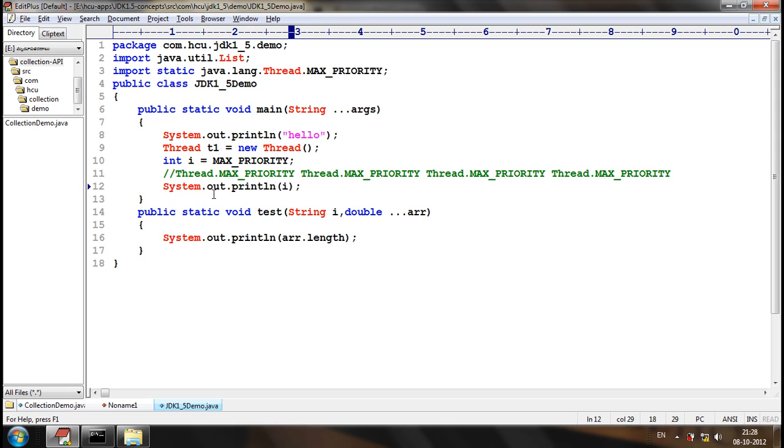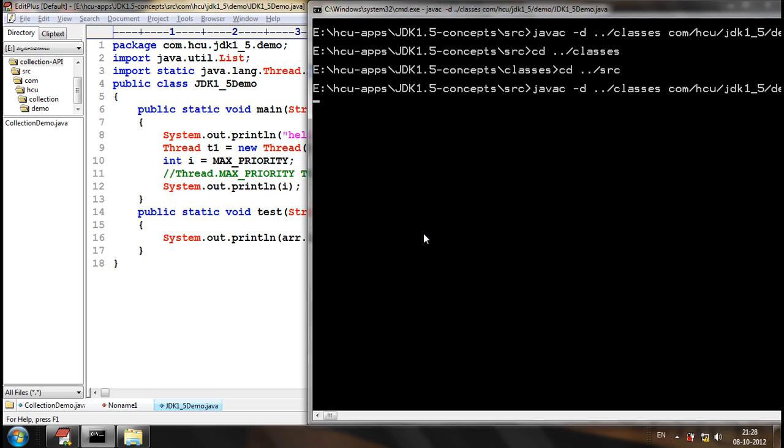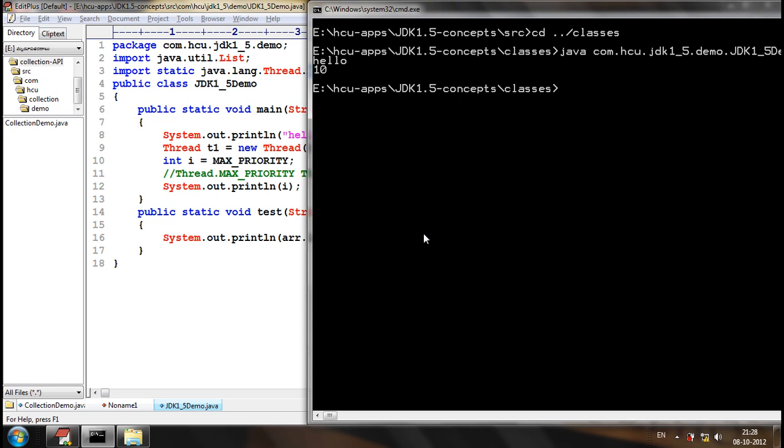What's the value printed here? 10. Just because MAX_PRIORITY is statically imported from the Thread class and the max priority value is 10. Compile the application, go to the classes, execute the application. The value printed is 10.